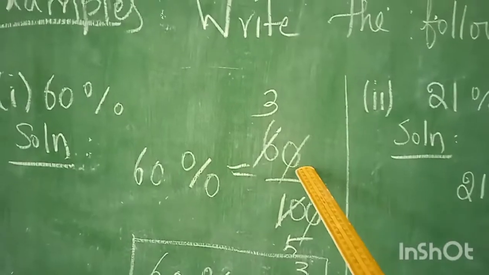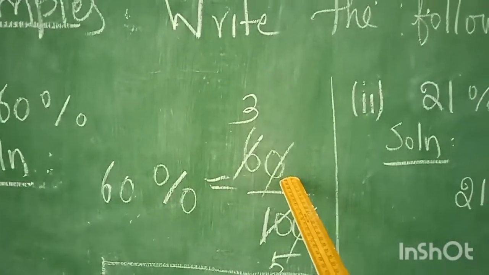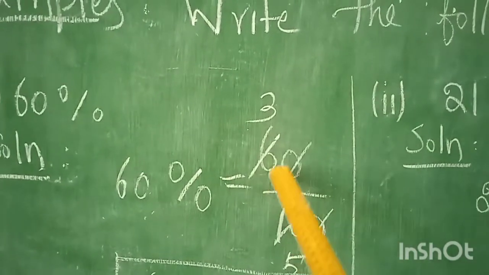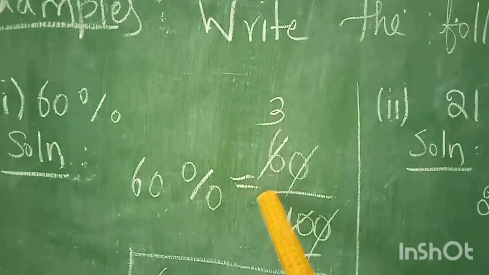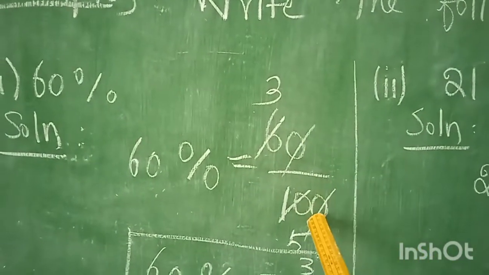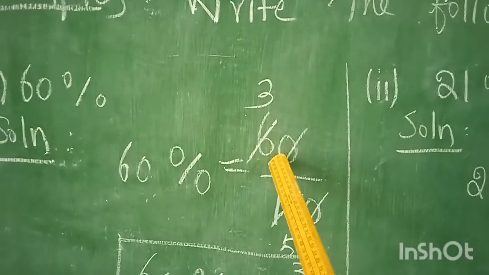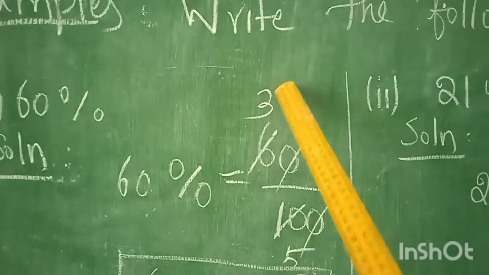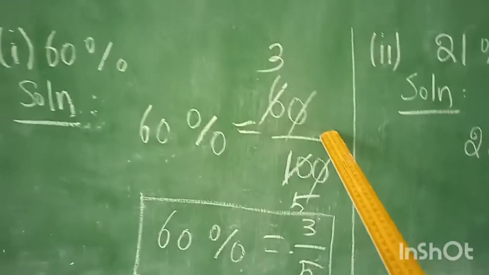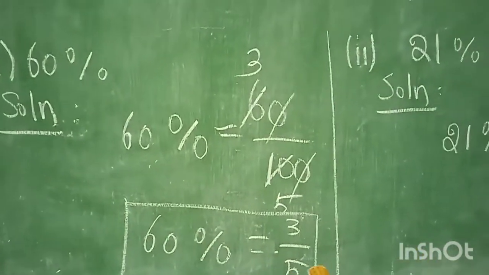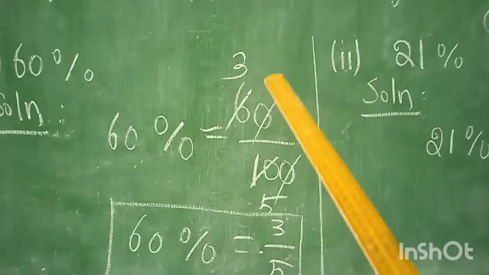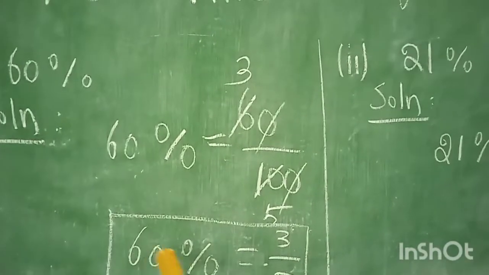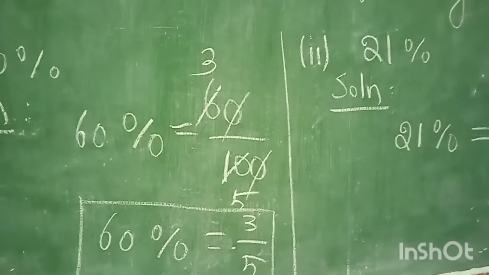Okay. So, then we are going to do the cutting method. So, which is the common multiple here? We are going with 2. Okay, 2 3s are 6. And first we'll cut the zero in the numerator and the zero in the denominator. Then we are going with the common multiple 2. Okay, 5 2s are 10, 3 2s are 6. Okay, in this way you have to do the cut method. Then what is the remaining? We are getting 6 upon 5. Remaining value we have 6 upon 5. So, this is in the format of a fraction, right? So, 60% means 6 upon 5.